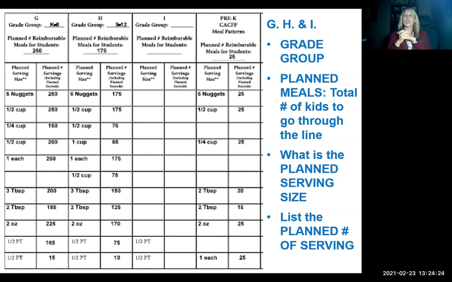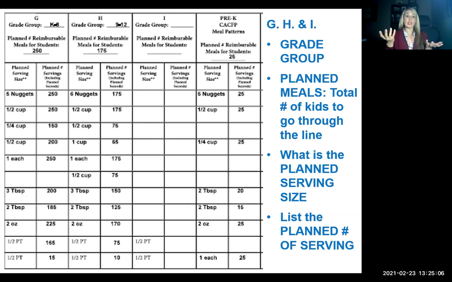In this situation, looking at the production record, I can tell they probably did 2 vegetables and 1 fruit. They put 1 cup. So if you offer them 1 or 2 scoops, and that way they get a half cup or 1 cup of the same vegetable or fruit, you do need to list it on here as 1 cup, because that is the required serving size. Now, again, you may be serving it out in half cup servings, but you just need to tell us 1 cup, you're doing offer versus serve. So in this situation, they did 65 1 cup servings. They may have actually done